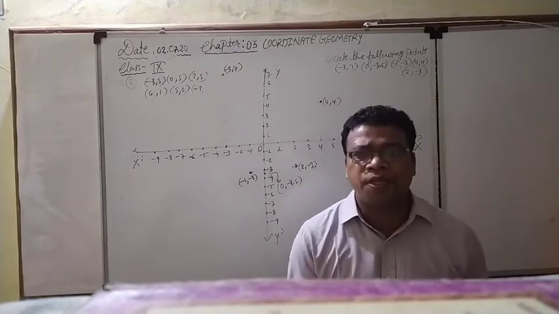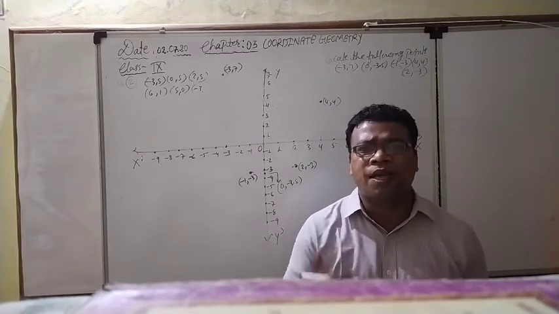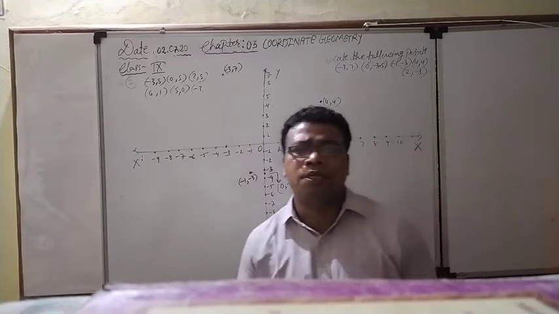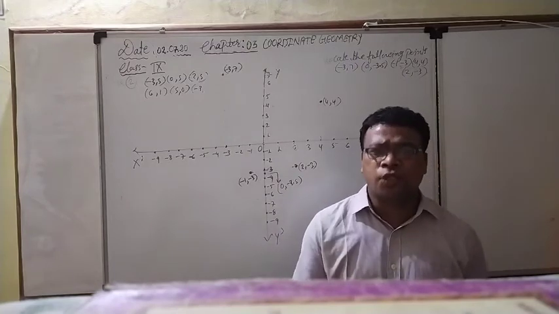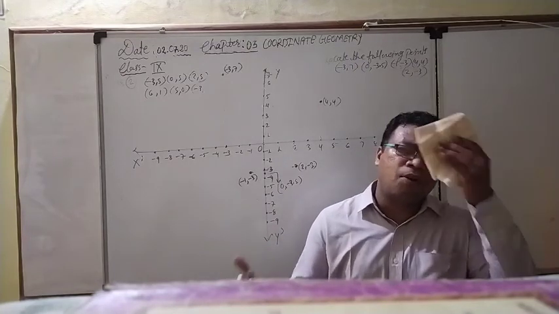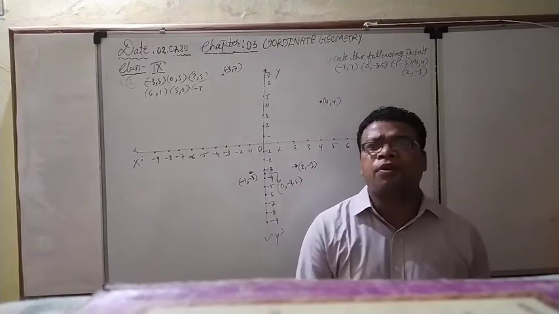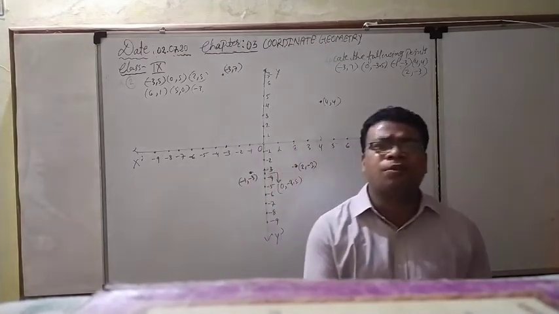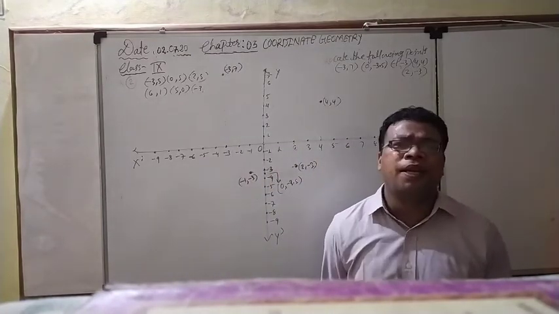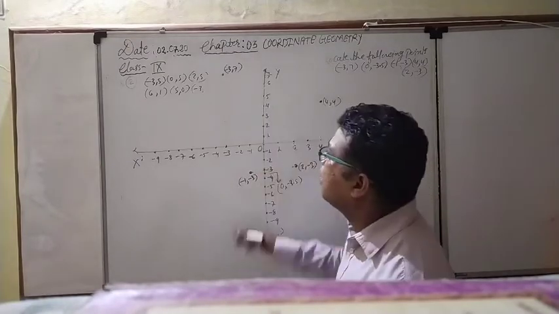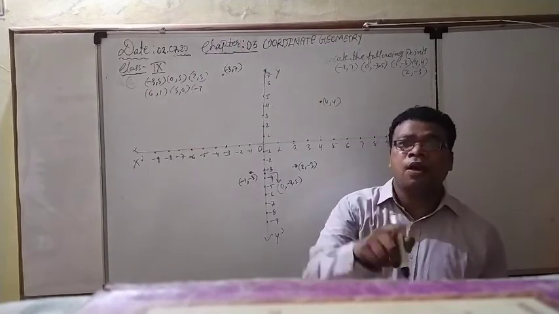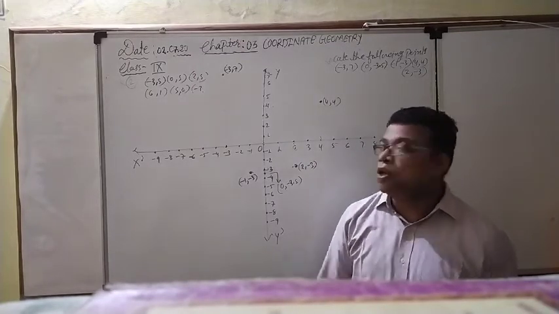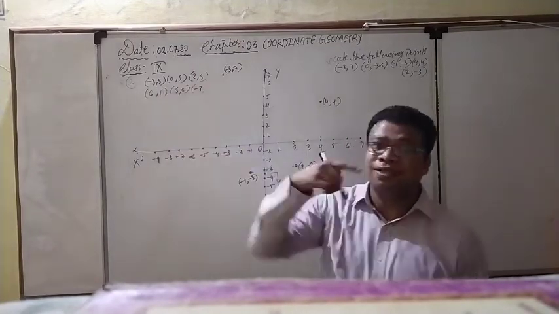What is the abscissa? The coordinates are given to you. What is the abscissa? What is the ordinate? Otherwise some other questions. Okay, what is the abscissa? What is the ordinate? Locate some particular points on the Cartesian plane. Only these are the questions, not so many categories, not so many varieties. Right now see minus 3 and 5. Again x coordinate is minus 3, y coordinate is positive. So it is going to be located in the second quadrant.